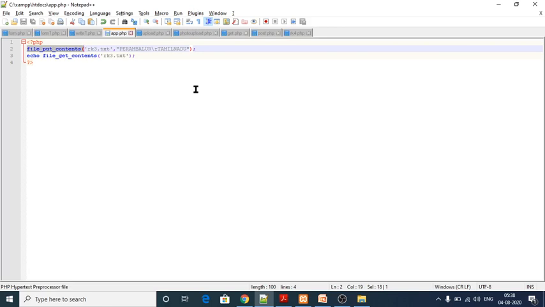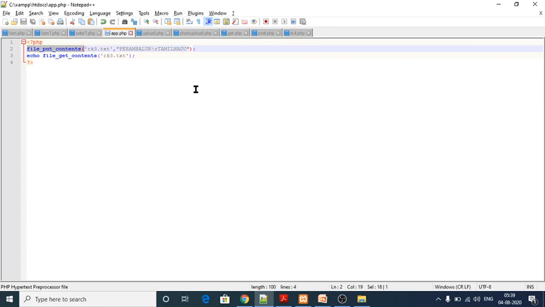So to append a file we need four parameters. From the four parameters, two parameters are optional, two parameters are required. Required means it is mandatory, optional means no need to give. So what are the parameters? File, data, mode, context. File and data are required, mode and context are optional.